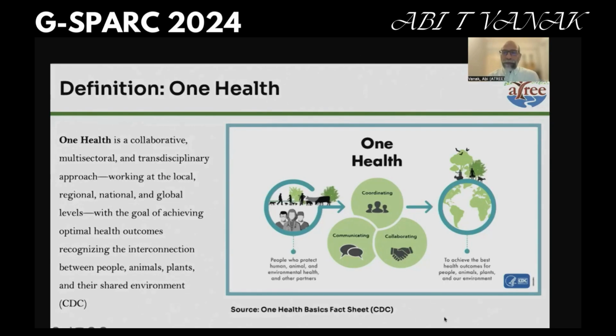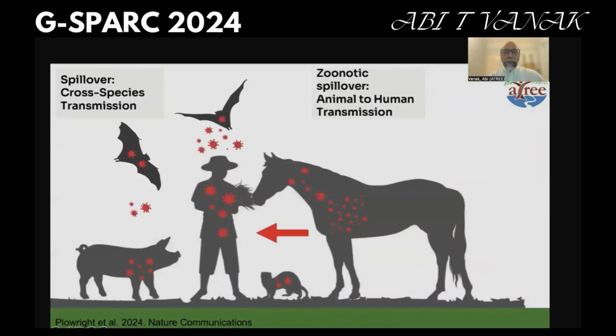So given this, it sounds very clear that this intersectionality is actually what people like me who study ecology call ecology. It's the study of interactions. And how do we put this in the context of disease systems? If you think of any kind of infectious disease, we typically think of some sort of spillover, some sort of transmission mechanism. This could either be human to human single species transmission, or it could be a cross species transmission, in which case it's often called a zoonotic spillover, which involves animal to human transmission.